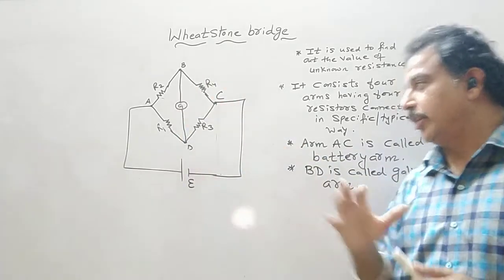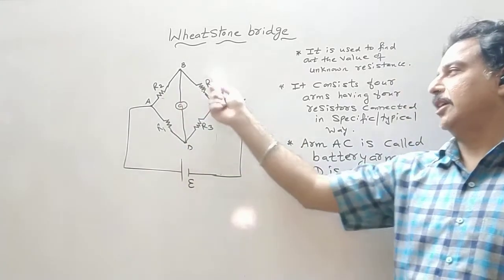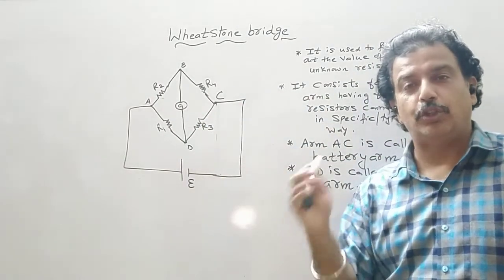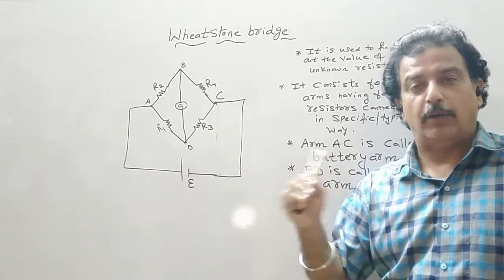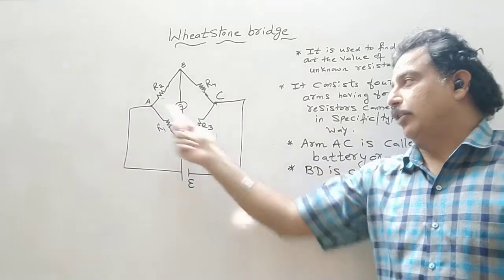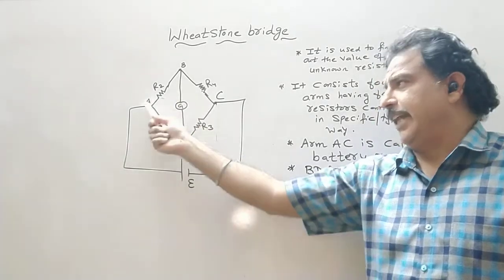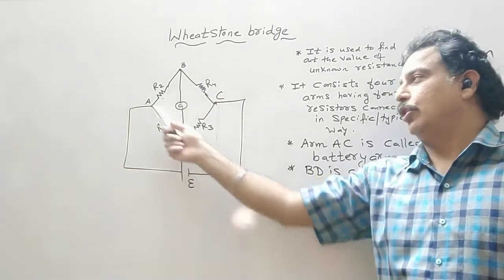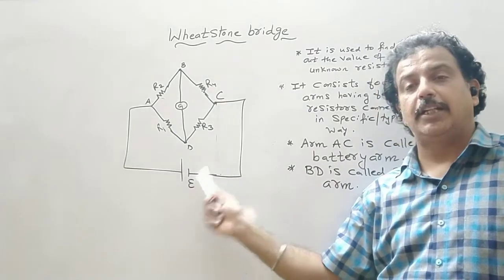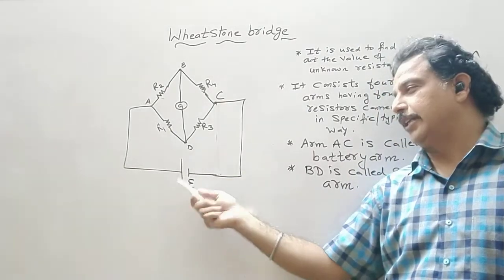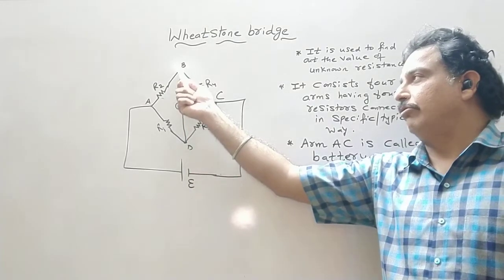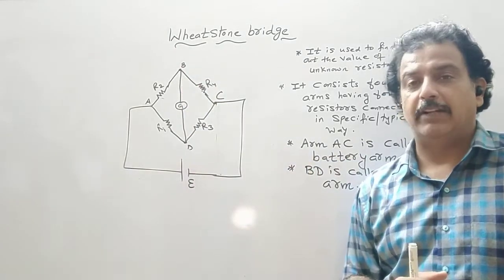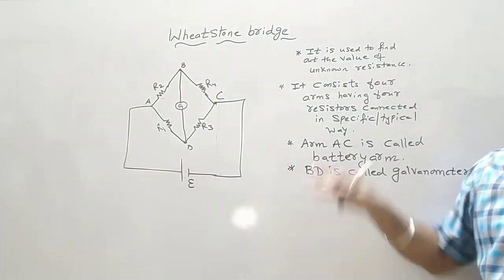So this is the construction. Typically it consists of 4 resistors which are referred to as 4 arms. Out of these 4 resistors, the value of 1 is not known to us, so that value we have to find out. Then across one of the diagonals, that is AC, or you can connect a battery to BD also, we connect a battery of internal resistance 0. So either you connect a cell or a battery, and between the vertices B and D, or the other diagonal, a galvanometer is connected. So this is the construction.